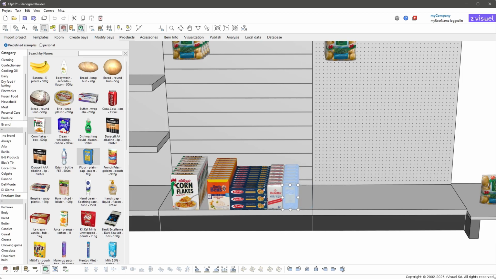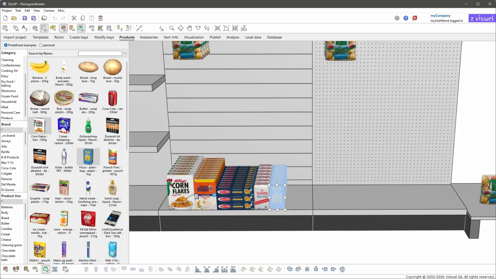With your mouse, move the product which is on the right against the other products. You can see that products are pushing each other just as in real life. When moving products to another position or another shelf, you can disable collisions by holding the C key while moving. This avoids pushing other products inadvertently.